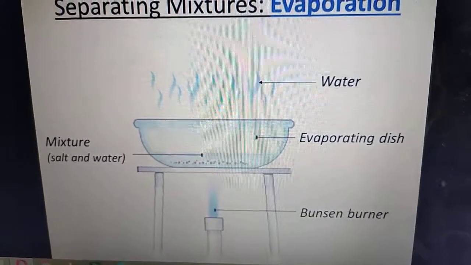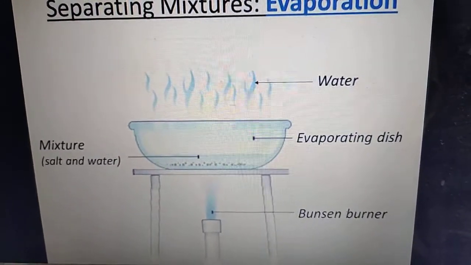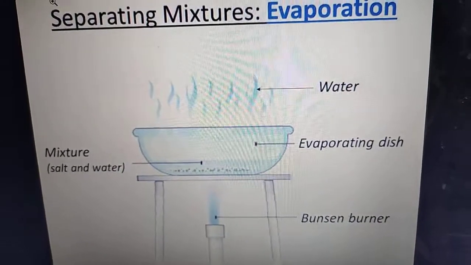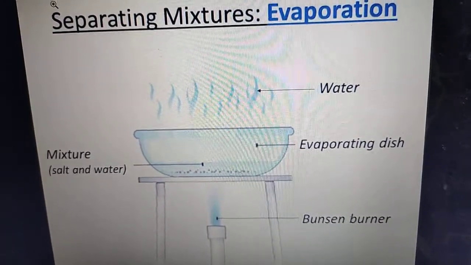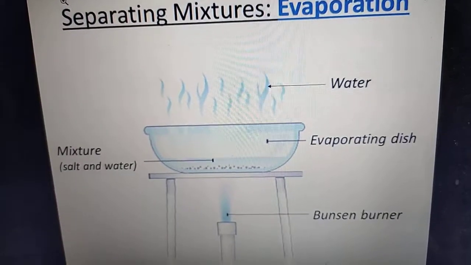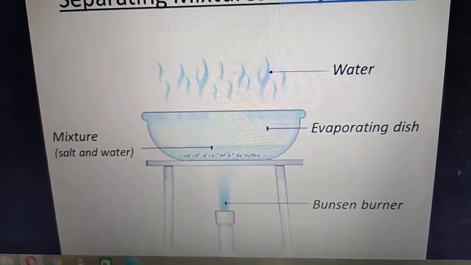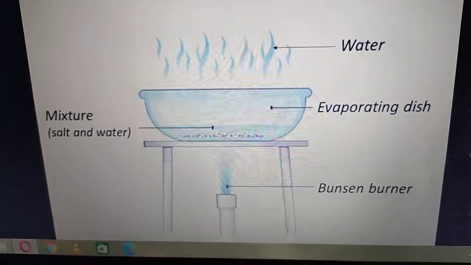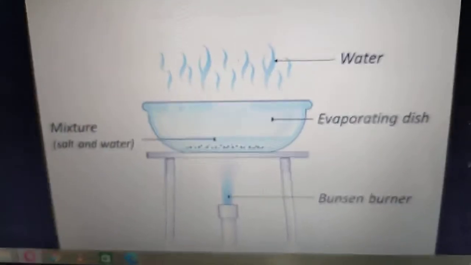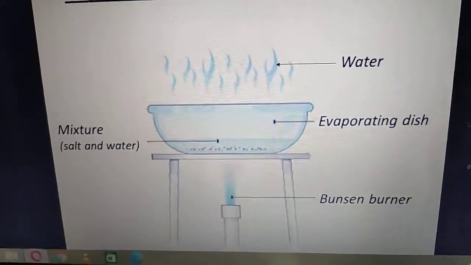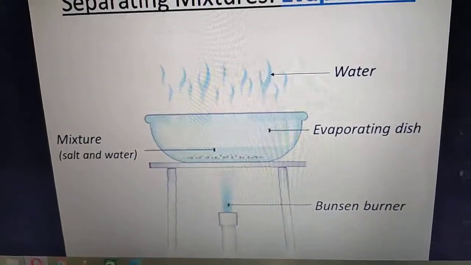Take one spatula full of common salt in a beaker, add 50 ml of water, and shake to dissolve. Then your salt solution is ready. Now transfer the solution to a china dish and place it on a wire gauze over a burner. Now heat the china dish gently at low flame. Now record your observation. What do you find?